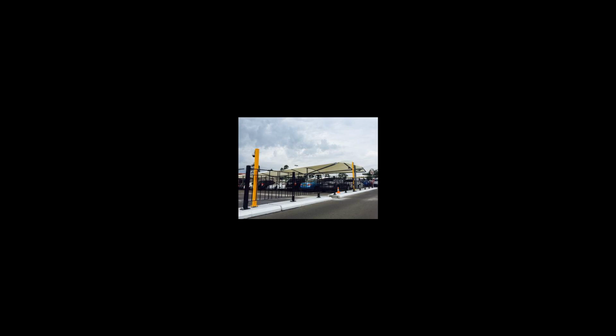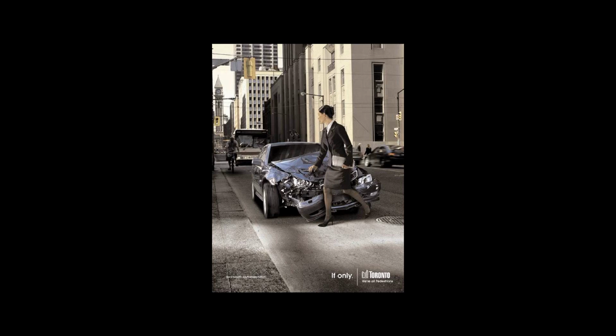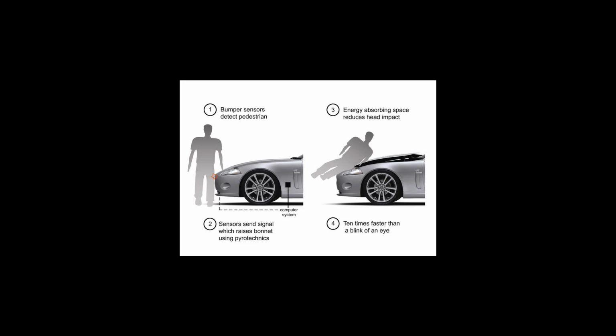Some models, like the Citroën C6 and Jaguar XK, feature a novel pop-up bonnet design, which adds 6.5 centimeters, 2.5 inches, extra clearance over the engine block if the bumper sensors are hit. In 2012 and 2015, the Volvo V40 and the Land Rover Discovery Sport have an under-the-hood airbag which operates if the hood senses a hit. The airbag also covers the windshield pillars to provide better protection in all areas struck by the pedestrian's head,